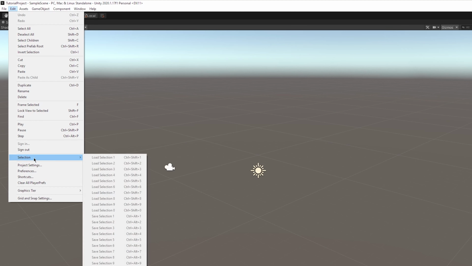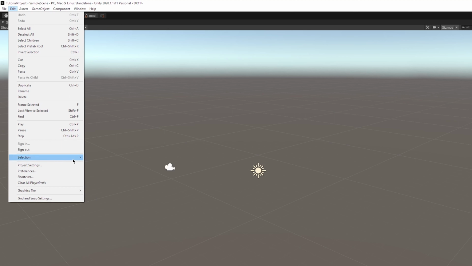And then you have selection. I honestly don't know what that does. Project settings, that's for settings pertaining to the project. Preferences, that's like all of your personal settings,